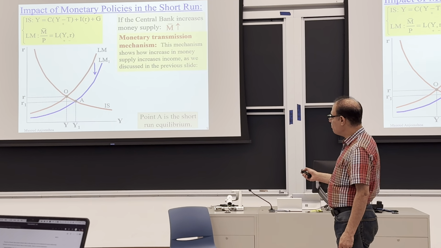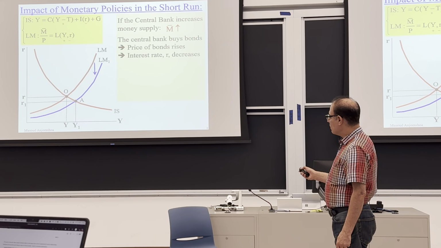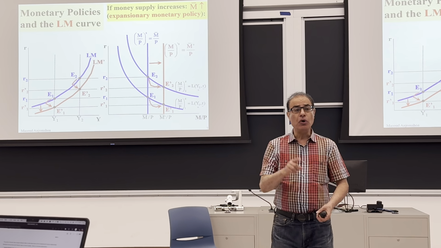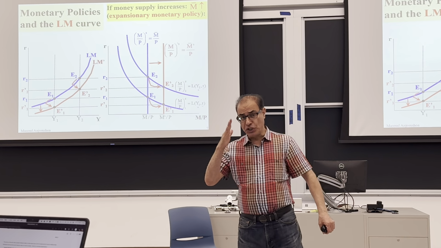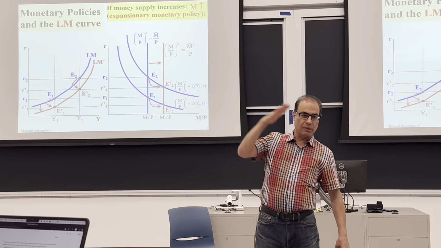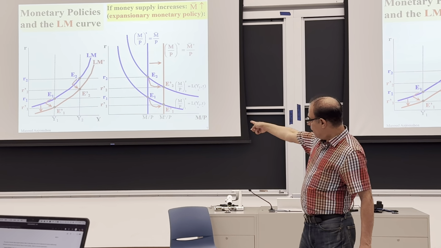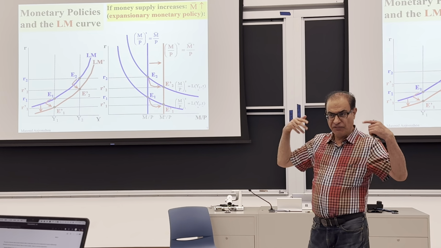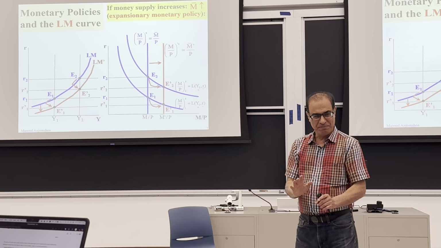And actually, before I forget, I think I forgot one little thing here. You remember I told you what? I told you IS always shifts to the right or left. Not up, not diagonal, okay? LM curve shifts up or down. Why? See, philosophy, I told you, I can show you